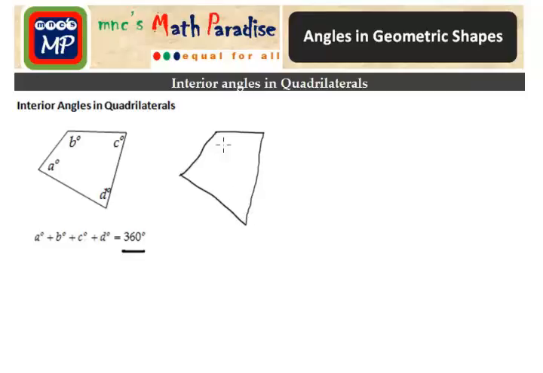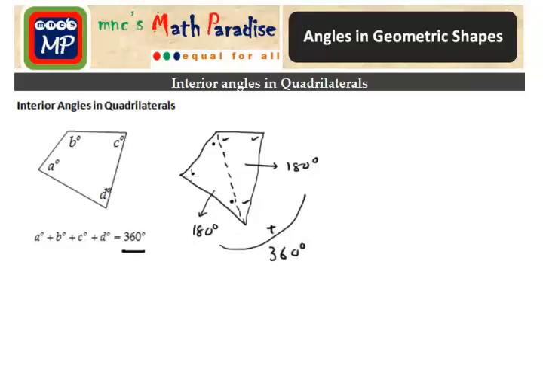this is a quadrilateral. If we divide that quadrilateral diagonally and make 2 triangles, then in these triangles, we know the sum of the 3 angles of a triangle is 180 degrees, and the sum of the 3 angles of this other triangle will be another 180 degrees. So if we sum up all 6 angles, we will get 180 degrees plus 180 degrees, that is